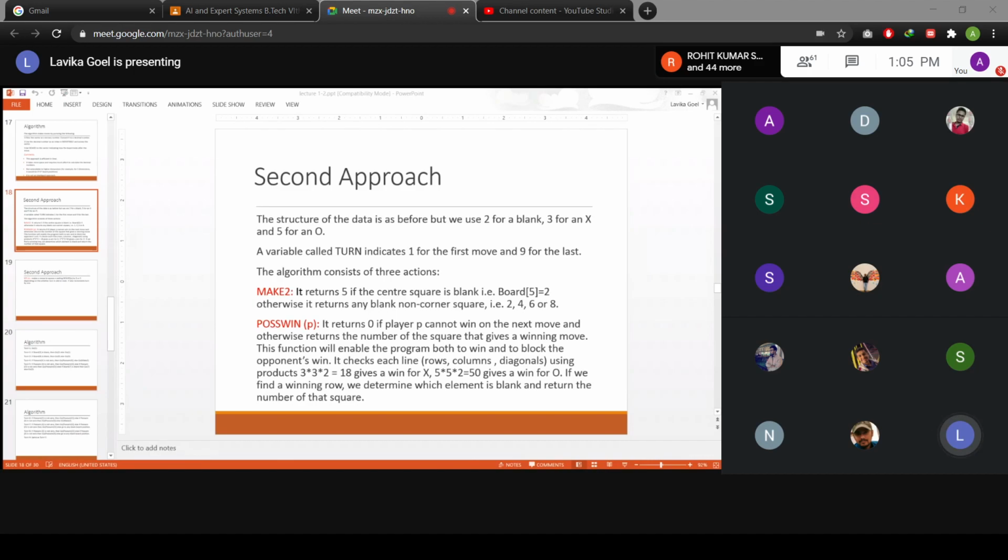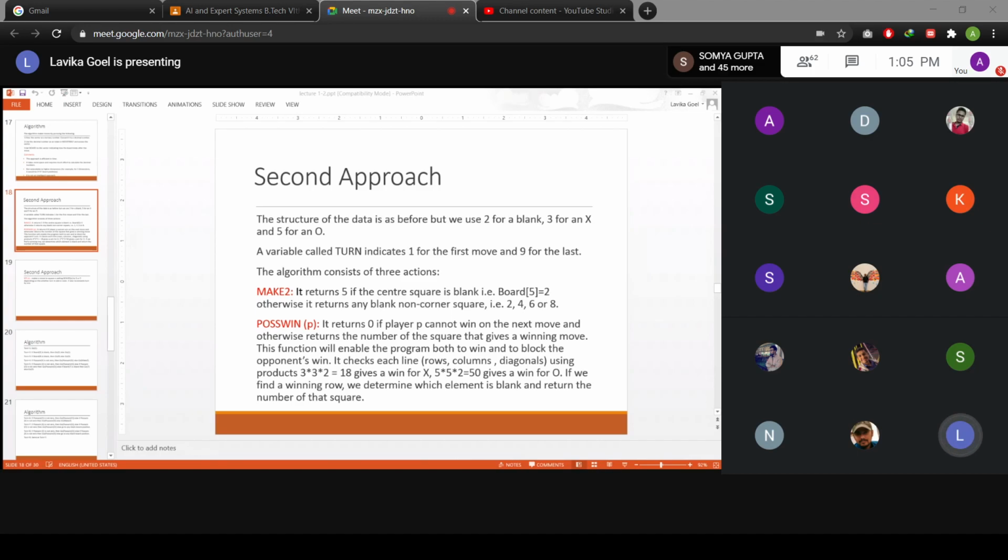So how will it check whether a particular player can win or not on the next move? Suppose it's the player X's turn. So X we are representing by 3. Fine, and O we are representing by 5. So let us say it's X's turn. If this function possible win P wants to find out whether X can win in the next move, it will check each row, column or diagonal to see if the product becomes 3 times 3 times 2, that means 18.